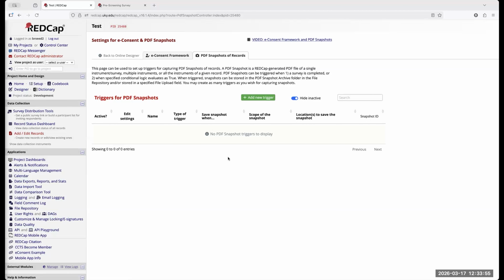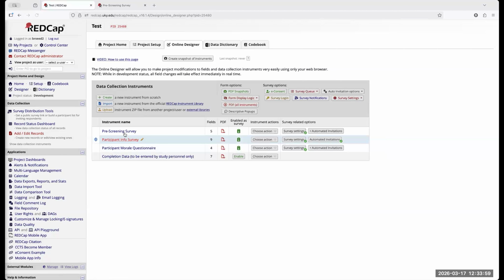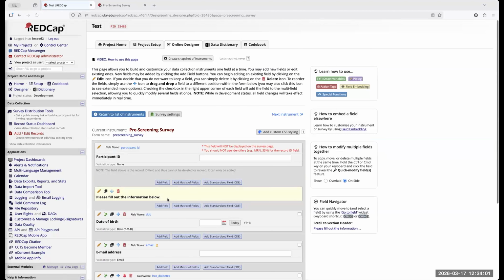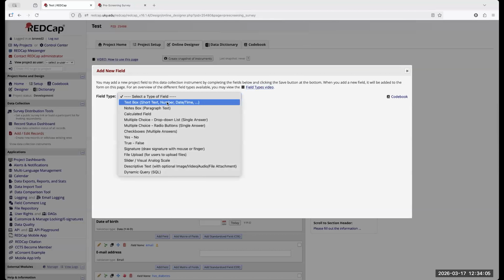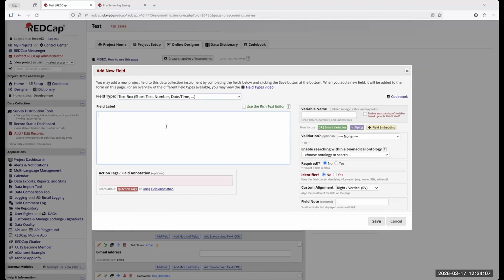So yes, you can build an e-consent. If we wanted to add some e-consent information here, we could simply ask them a simple "Do you consent?"